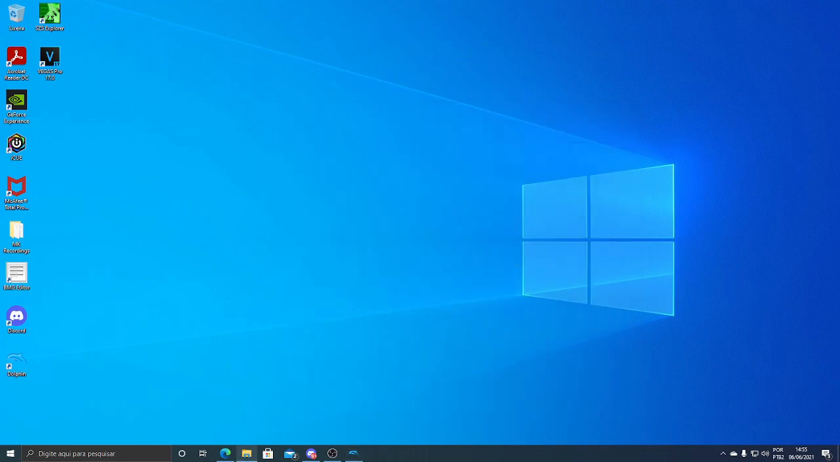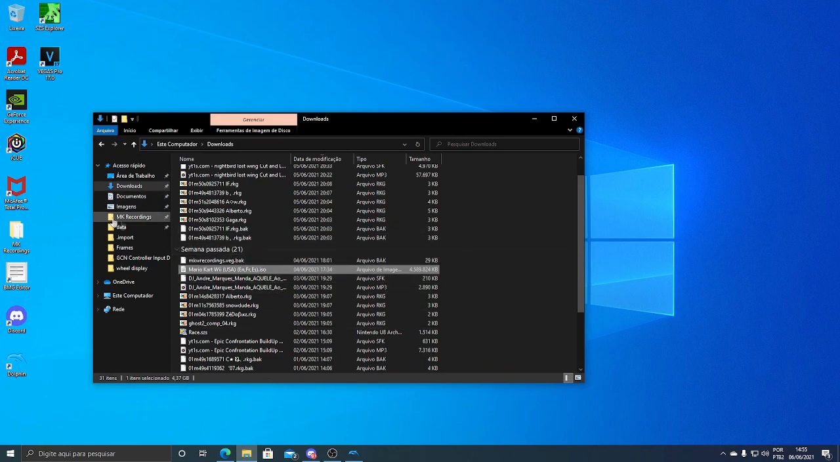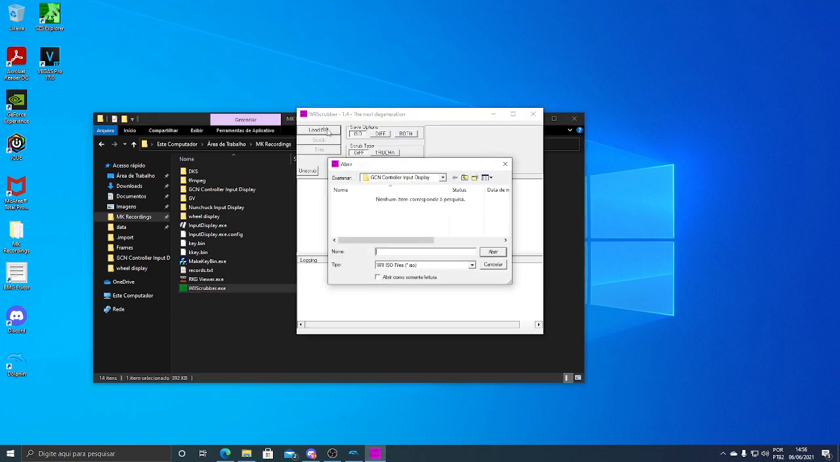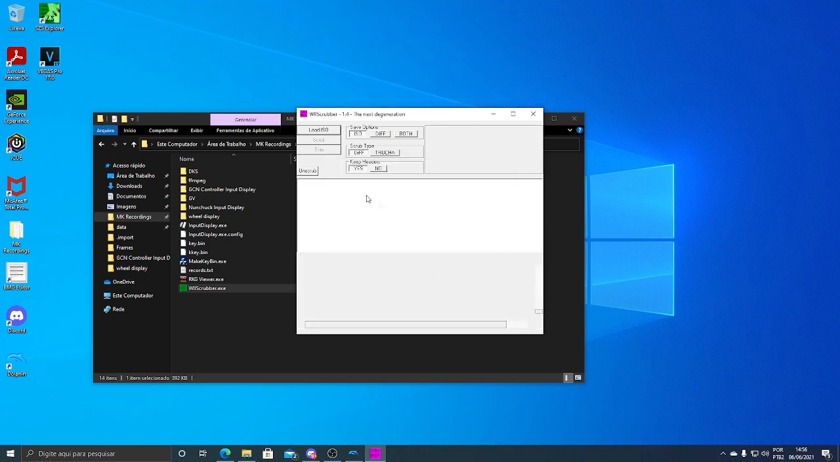So I think I'm gonna leave in the description the GCN controller and the nunchuck. There is the download for the display. Then you're also gonna need the WiiScrubber. This application here is to modify the ISO. So I can go here in downloads, open,